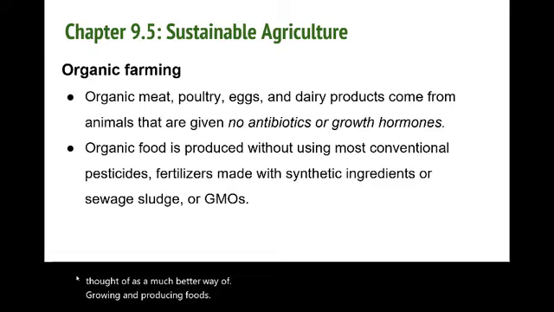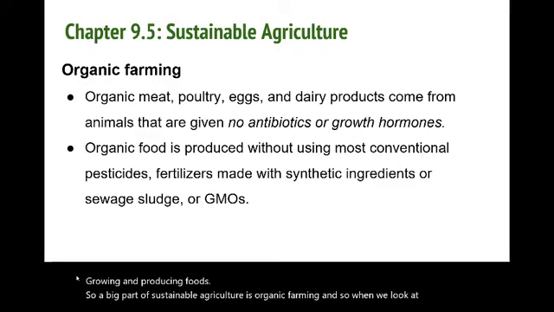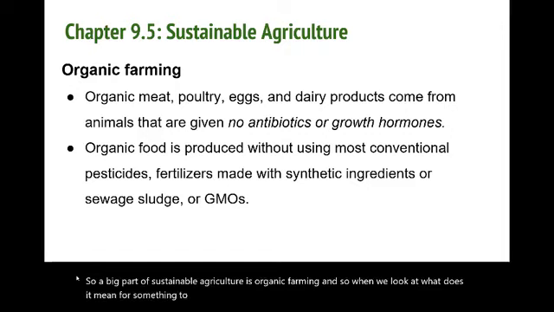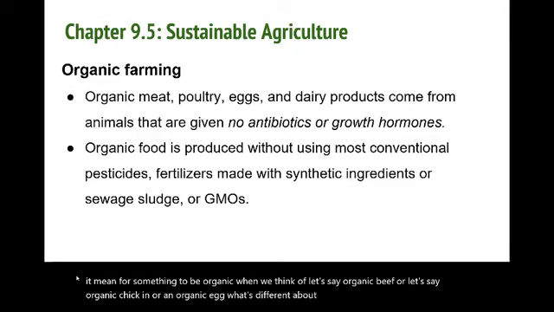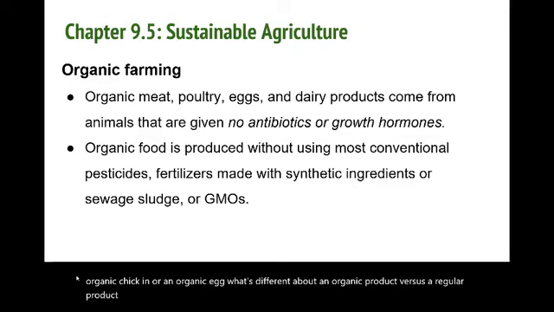So a big part of sustainable agriculture is organic farming. When we look at what it means for something to be organic, when we think of, let's say, organic beef, organic chicken, or an organic egg, what's different about an organic product versus a regular product? Well, the idea is that an organic product would have been grown with no antibiotics and without the